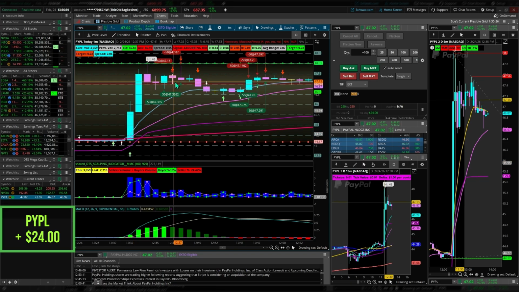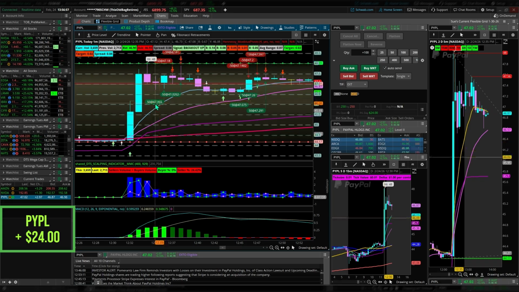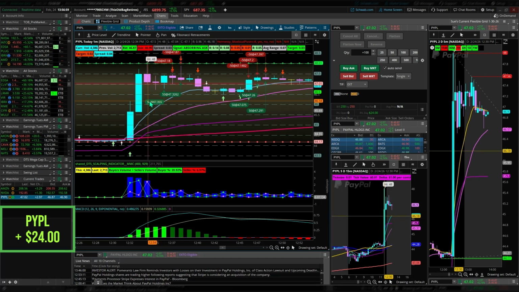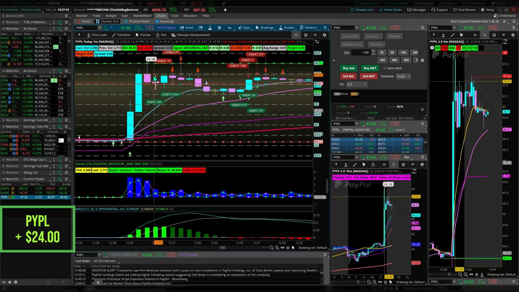So I'm going to sit down. So I sat down. It pulls back right here, and then I got in 50 shares. I didn't want to trade 100 or 200, and I know the price point's a little lower than I normally do, so I could have easily got in for more than that. But what I did is I just did 50 shares for a little starter right here. I saw this come up and I was trying to get in right as it passed here. Look at this, you see that this low is a little higher than this. So I figured this pulled back, we've got a higher low. I get in right here.